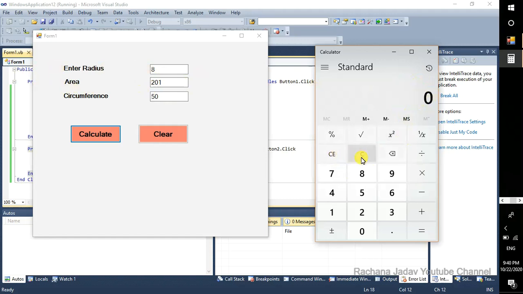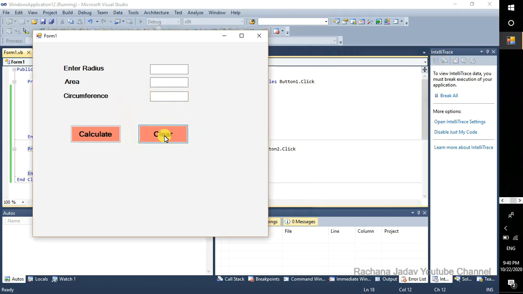Now the next, that is of circumference. So in that, 3.14, sorry, 2 multiply by 3.14 multiply by 8. So you got the answer 50.24. As you know, if it were 0.5 it would change, but here it is 0.24, so it will calculate this much. So this is correct. Now we will just click on clear. So it is done. This way you have to write the program. You have to write programs in which you declare variables. Now you must know that thing.